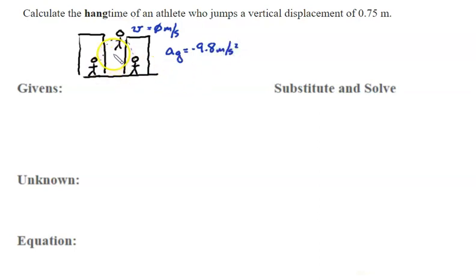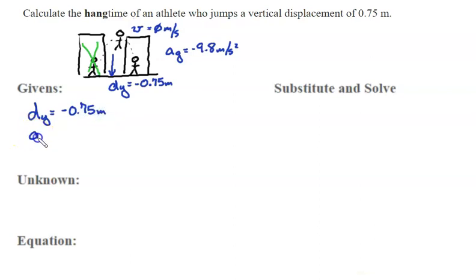And then the problem tells me that this distance in the y is negative 0.75. And you might go, Faye, why did you call it negative? Because in reality, I don't really pay attention to this part. He or she just starts really high and falls down, negative 0.75 meters. So I have a displacement in the y of negative 0.75